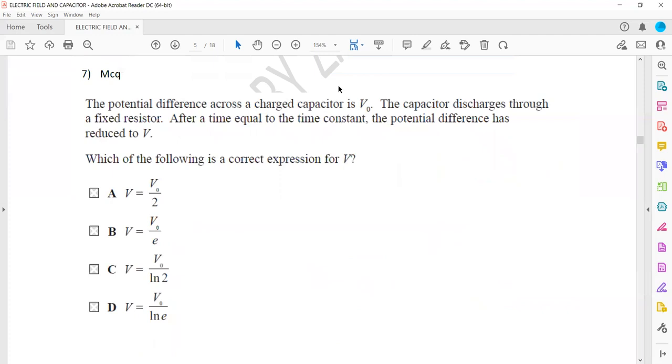The potential difference across the capacitor is V naught. The capacitor discharges through a fixed resistor, and a time equal to a time constant. Which of the following expressions is correct? So time is equal to the time constant, and we have the formula V is equal to V naught e raised to power minus t over RC. So when small t is equal to the time constant, or RC,